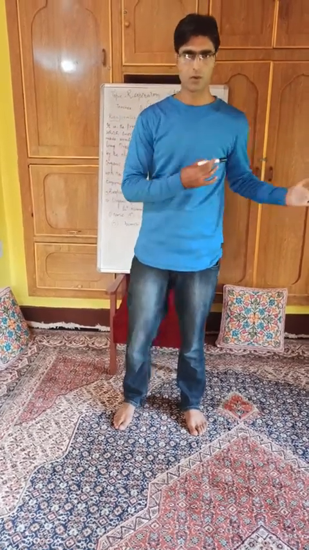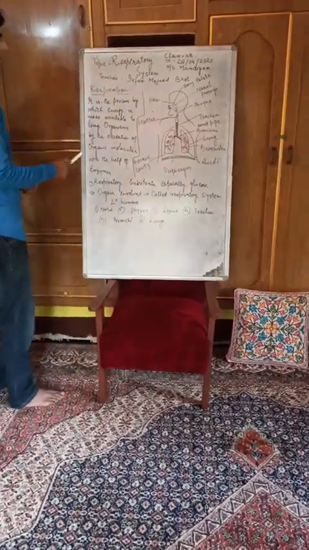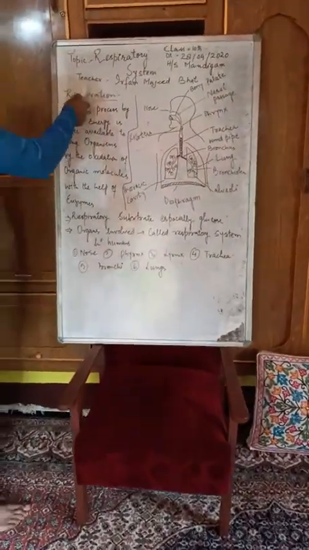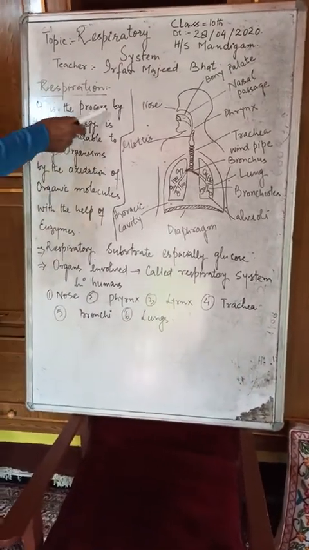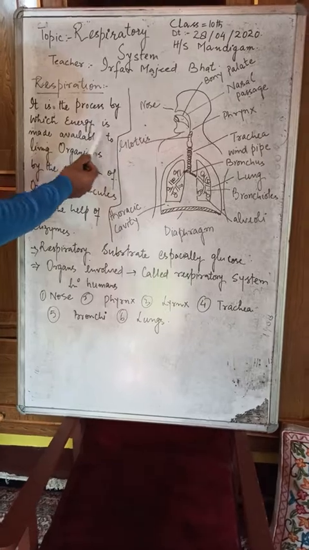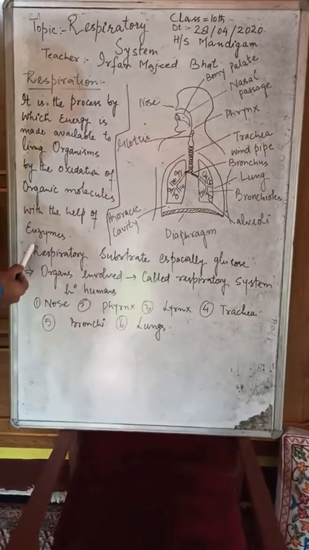Let's continue the process of e-learning by discussing today the topic of respiration, which is in your first unit in the science. So here we go, let's carry on. First of all, let me give you the definition of respiration. It is the process by which energy is made available to living organisms by the oxidation of organic molecules with